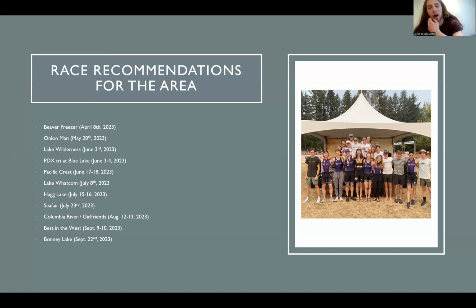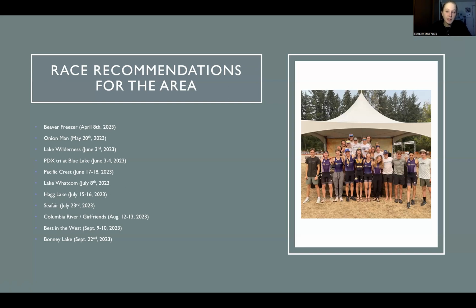I think that's down in Vancouver, Washington, in August. Yeah, it's in August. But the super sprint and the sprint are really great ones for the Columbia River. The Olympic, that one is rough. I've done the sprint and the Olympic at that race, and the Olympic is pretty rough.